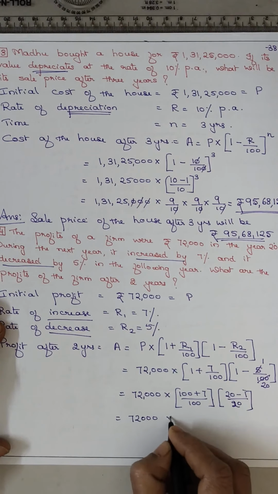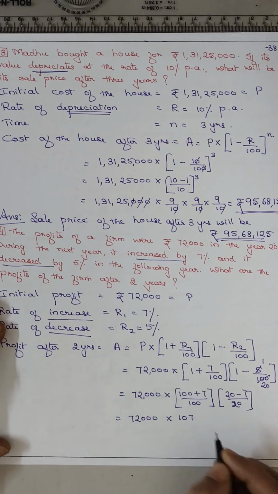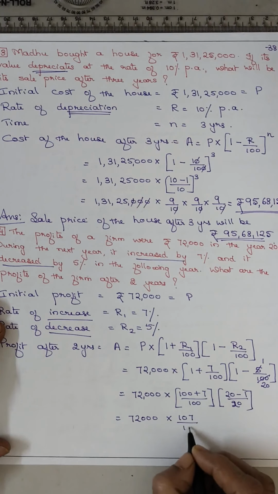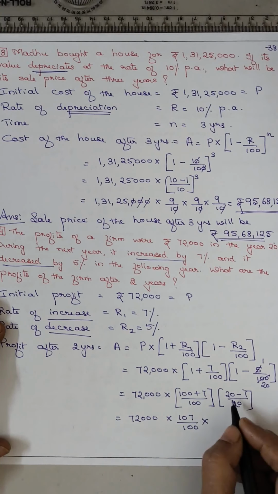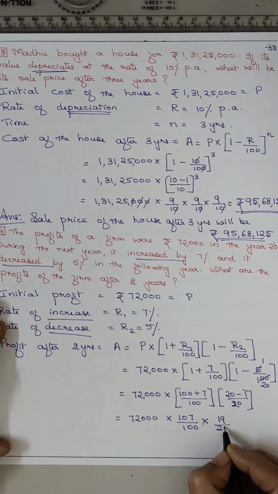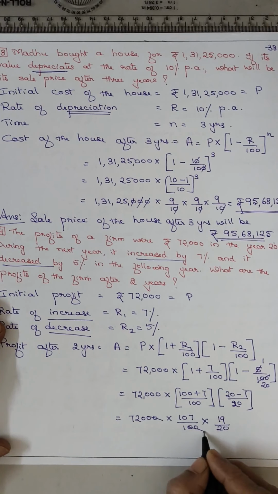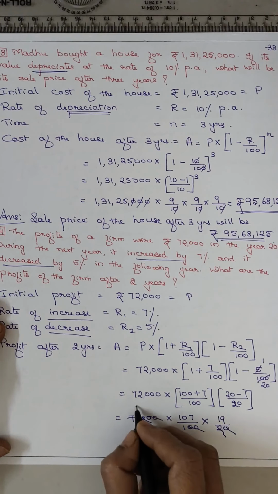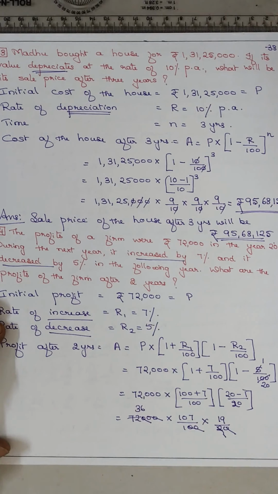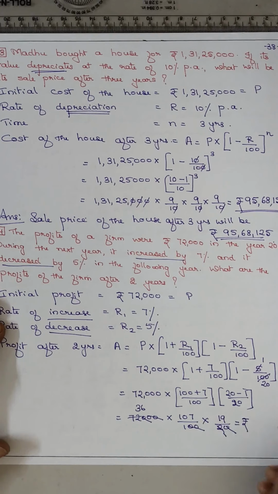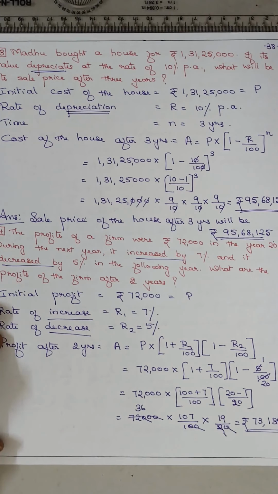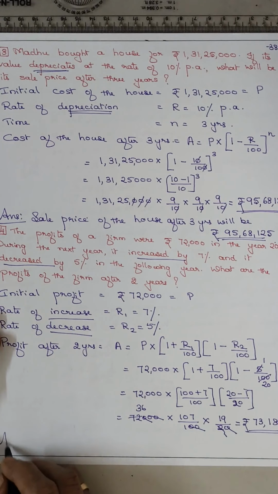So 72,000 into 107 upon 100 into, this is 19 upon 20. 20 cancel, 10 cancel, 2 ones are 2, 36 are 36. So you got how much? When you multiply you will get 73,188. 73,188. So answer,